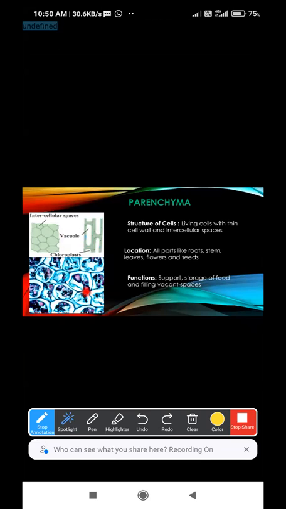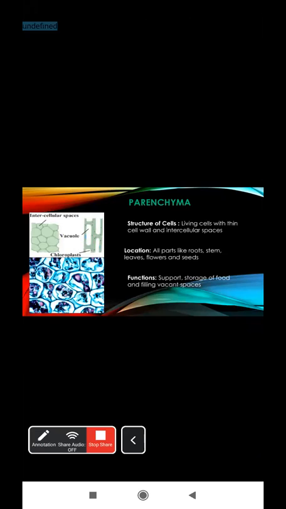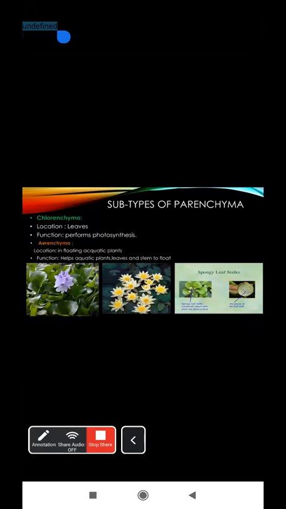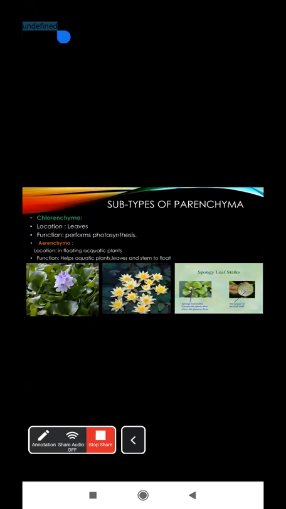Function of the parenchyma cell is to support the plant tissues. It also helps in storage of food and filling the vacant places within the permanent tissues. We can see two subtypes in the parenchyma cells. First is